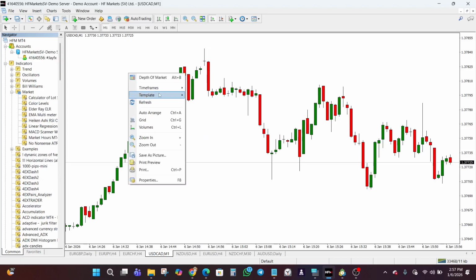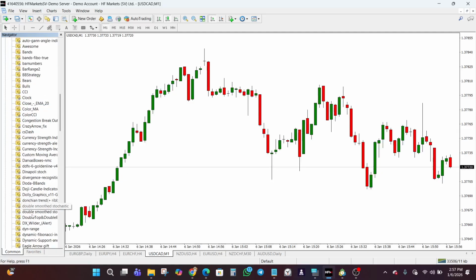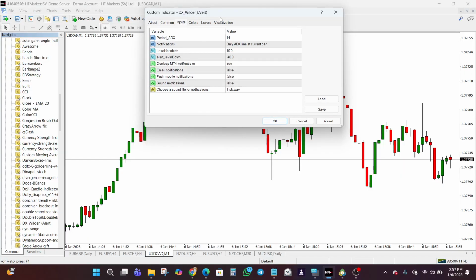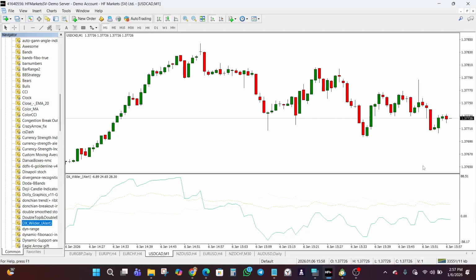All right. Okay, DX Wilder, alert, inputs. All right, you can see that it's the same settings, right? And just click on OK. All right, so now you can see that this indicator